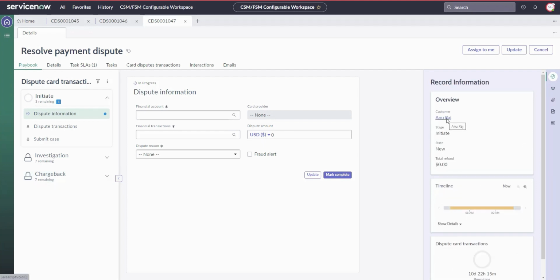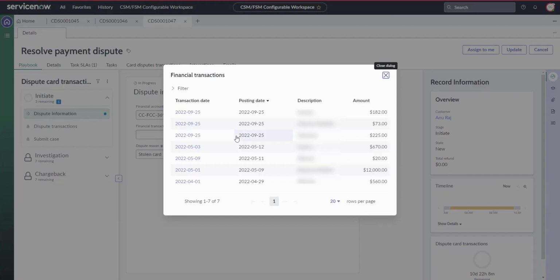Sam receives a call from his customer Anu, who tells him that her card got stolen yesterday. Leveraging the FSO data model, Sam can quickly select the right credit card account for Anu. As well as using integrations, we make it easy for Sam to quickly select all the transactions that Anu might be disputing. Sam can look up specific transactions in her account,